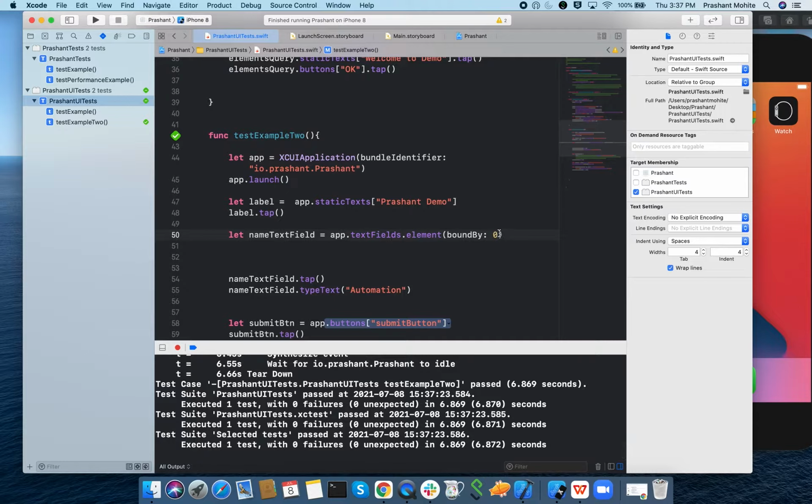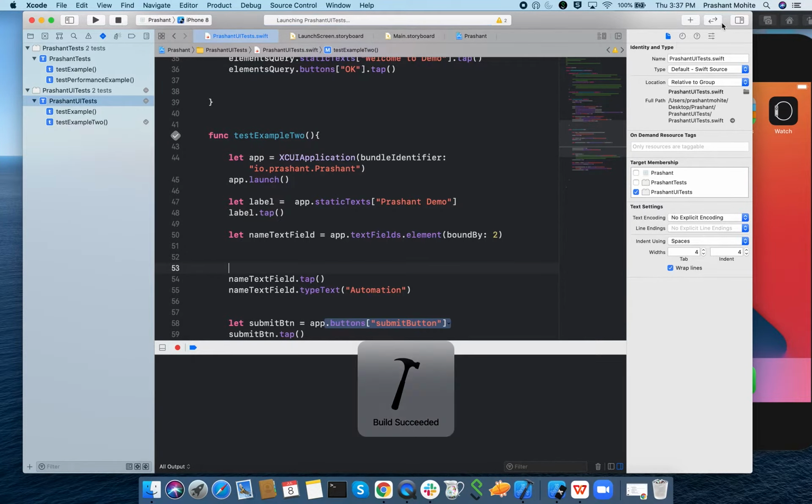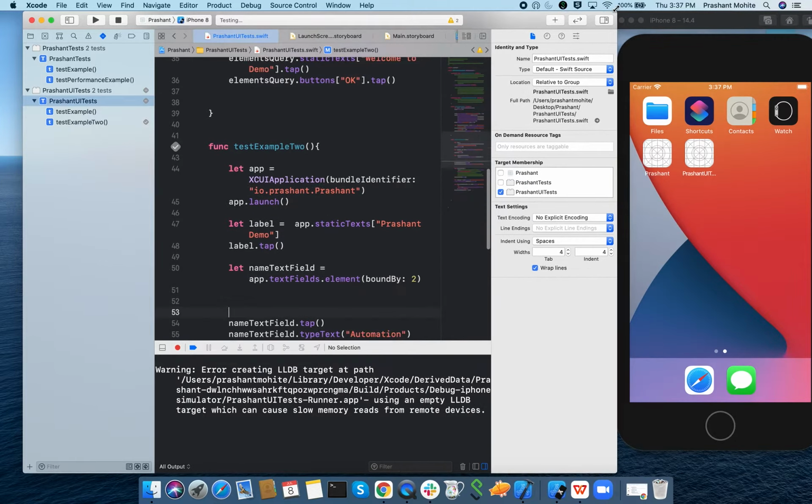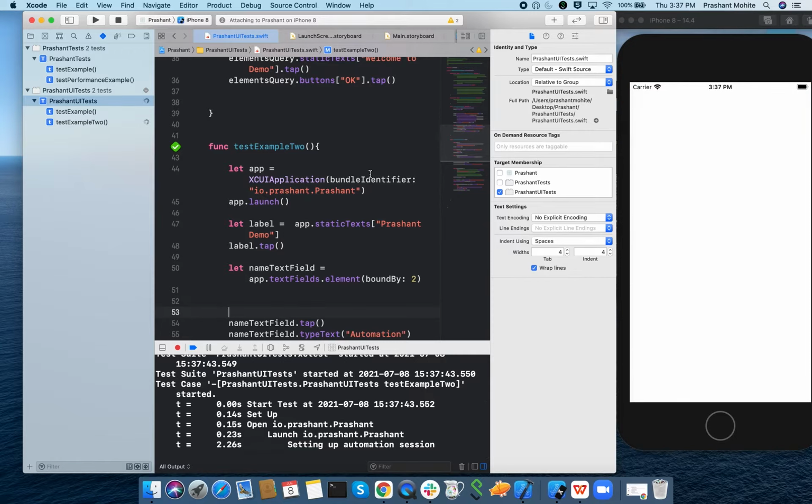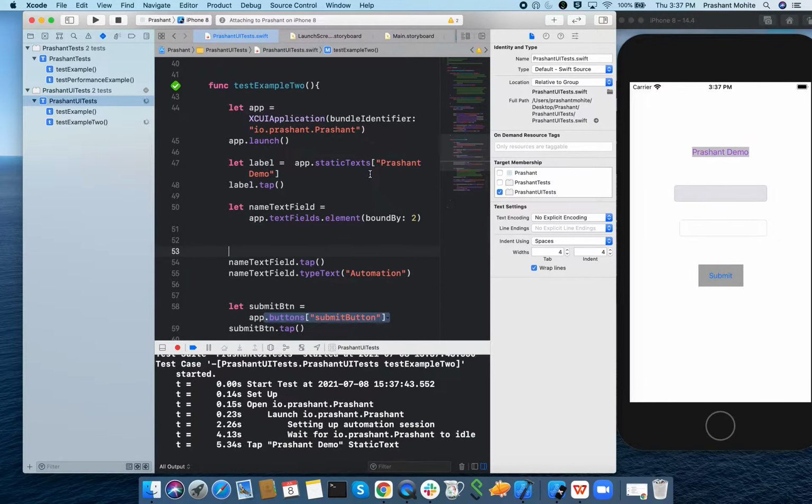And if I say 2, it should fail, because there is no third text field. We should see the failures also, so we get more knowledge on that.